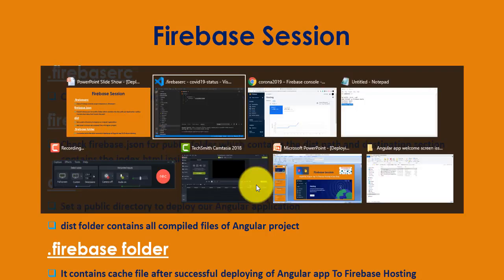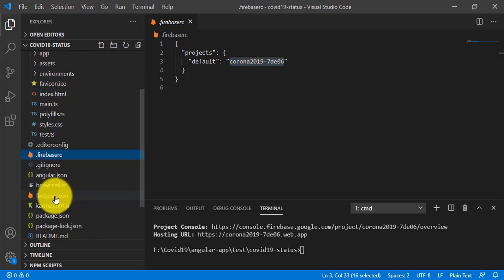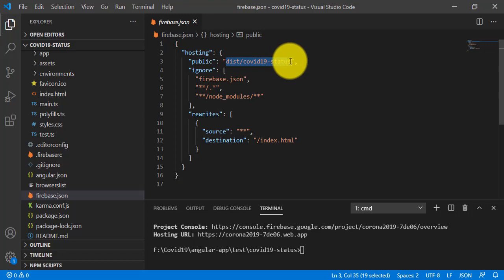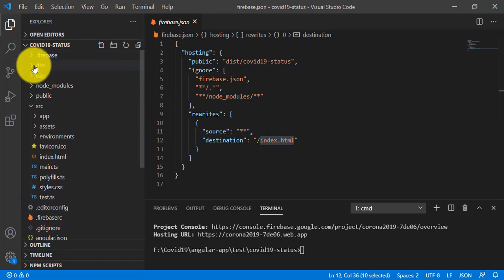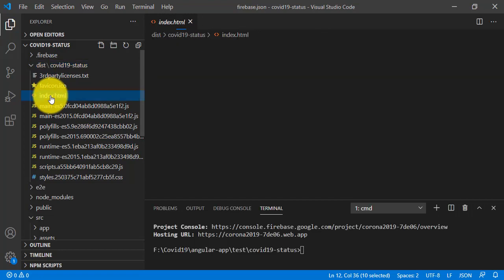So go to Visual Studio Code, firebase.json here. You check here firebase.json contains public directory information, that is dist/COVID-19 status, and destination is index.html. As I have mentioned here, see the dist folder, and here the path is COVID-19 status, and here the index.html file.